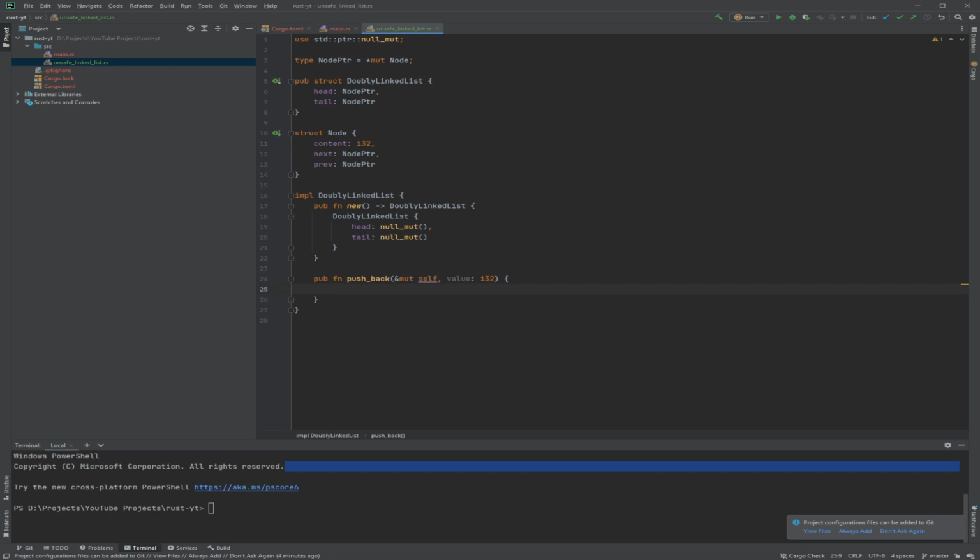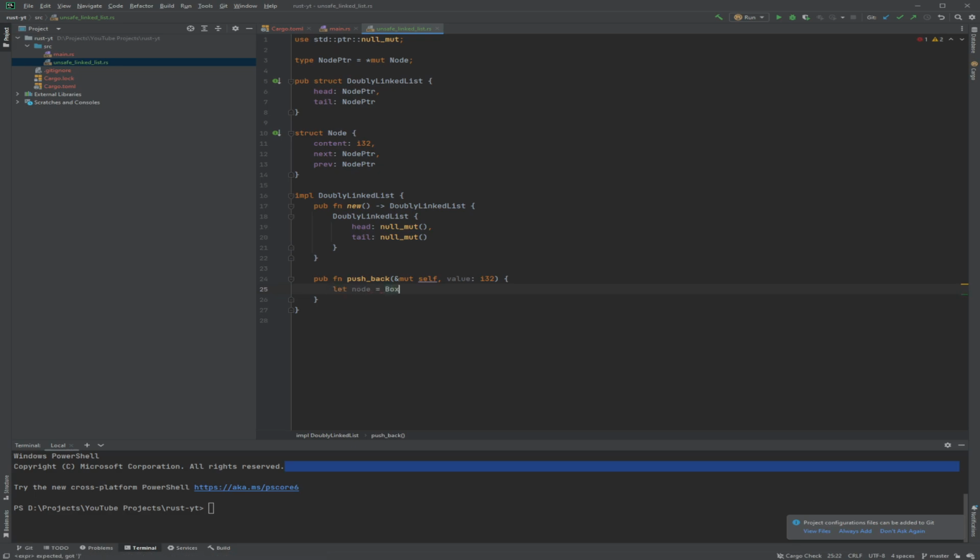Now, obviously Rust doesn't have malloc. It doesn't have any integrated allocation. So every allocation goes through a Box, is what they call it.